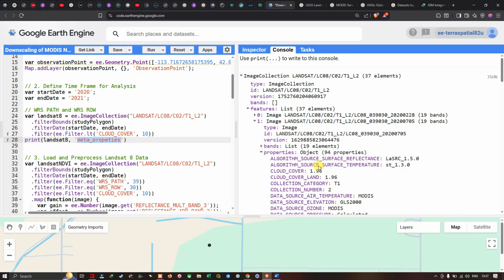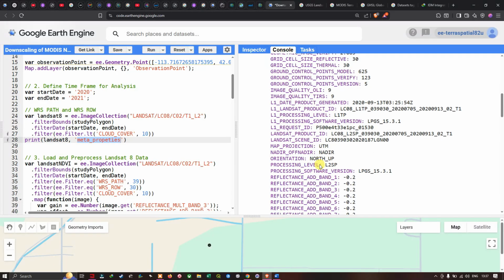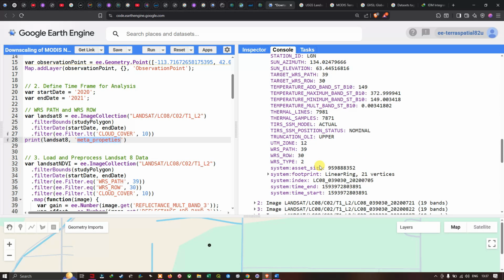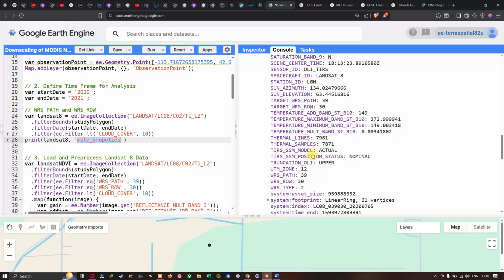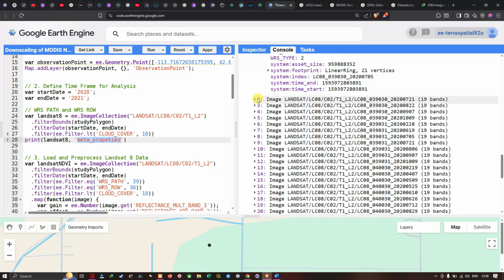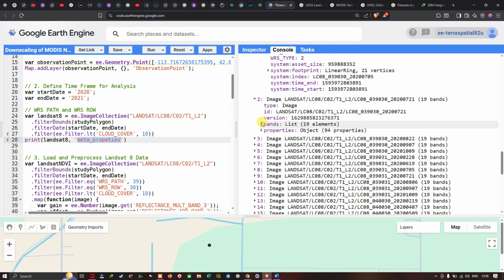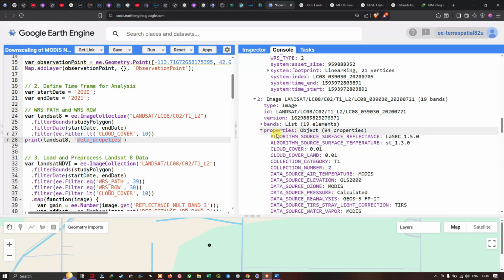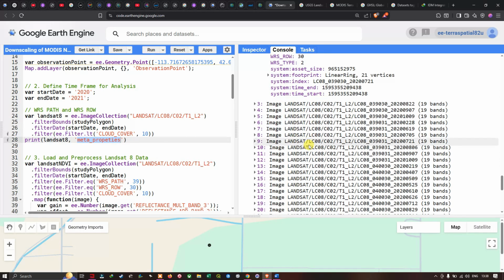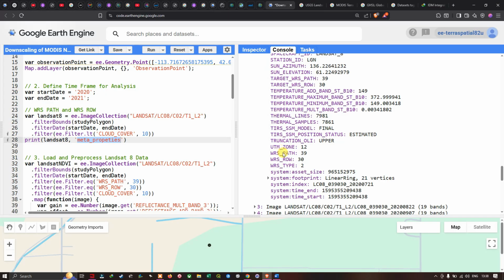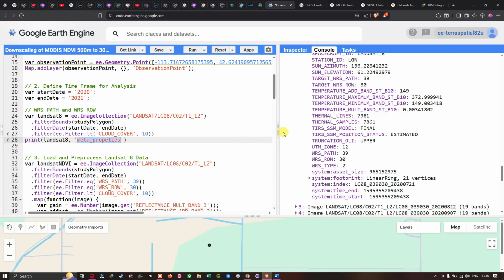So these are the metadata properties of this particular Landsat 8 imagery. Inside we have this WRS path and WRS row. For example, this imagery has a WRS path of 39 and WRS row of 30, followed by the second imagery. I'm going to click the second imagery and select its properties. I'm going to navigate down here, and here we have the WRS path is 39 and WRS row is 30. So once we have the WRS path and WRS row, that is 39 and 30, next we're going to apply